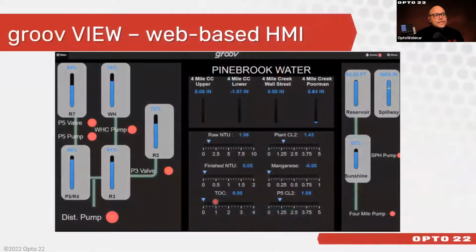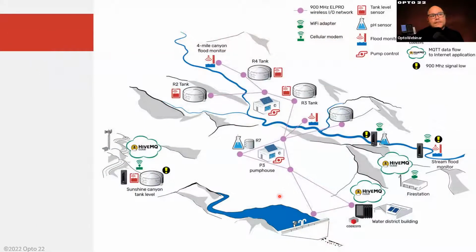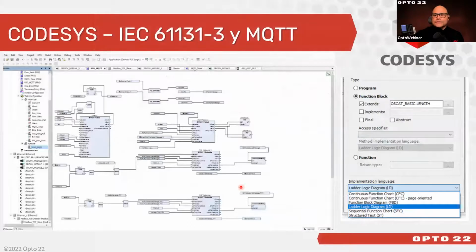So let me show you the example now of those same Groov View screens that are included with the EPIC. You can see through anywhere on the network. You can easily create your tanks, your levels of NTU or different particulates. This is the actual physical structure where they're being used. And again, a little bit more information about the diagram. You'll see in green are where the cellular modems are being used. Now, it doesn't have to be a special cellular modem, just any cellular modem that supports IP, which are hundreds at